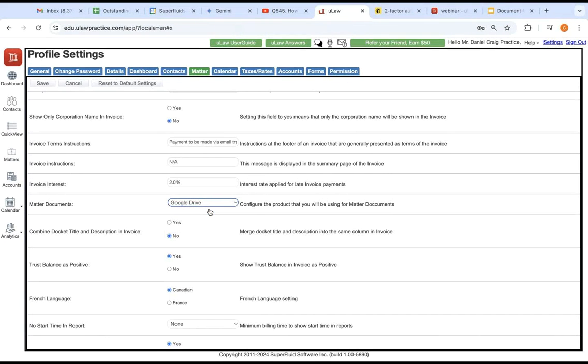You see there are other options, but I'm doing Google Drive. Right here, save it. Once you say Google Drive, then you go back